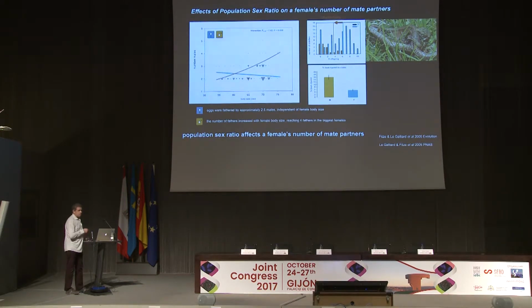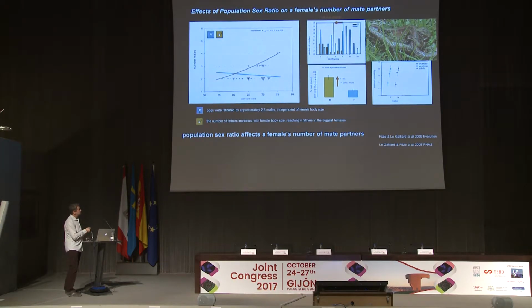Up here you see a mating struggle. In a mating struggle, the males usually bite the females on the posterior abdomen and then try to copulate, which looks like a struggle, and produces injuries on the female. When we quantified the injuries, we found that females in male-biased populations had up to 3 times more injuries than females of female-biased populations. And when we look at survival, first we look at survival in males.